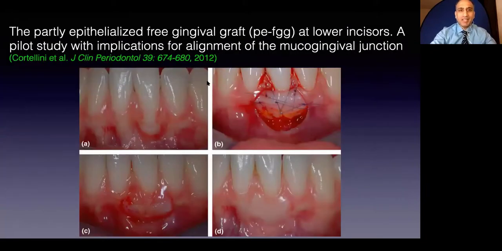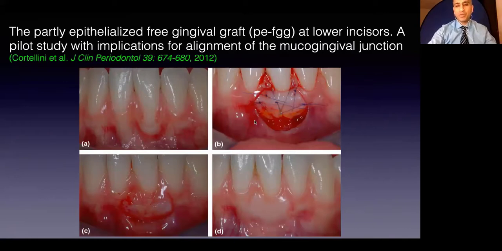So speaking of aesthetics, Cordellini's group in Italy in 2012 published a paper where they did a modification of the free gingival graft, where they de-epithelialized the region that was apical to the mucogingival junction. So they'd line up their graft in the recipient site, and wherever the mucogingival junction was, apical to that point, they would de-epithelialize the graft and leave this exposed connective tissue, with the thinking that the graft would blend better